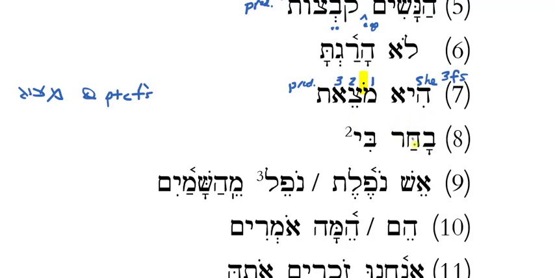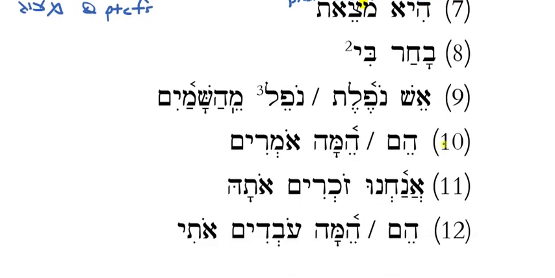All right? Okay, and then let me just finish our drill sheet with 8 here. And then, again, if you have any questions, let me know. Bahar bi. What is bahar? It's one of our newer verb forms. Bahar. To choose. To choose. So bahar, is that a qal participle or a qal perfect? It's a qal perfect. I ain't got no holem with the bet, right? So all bets are off.